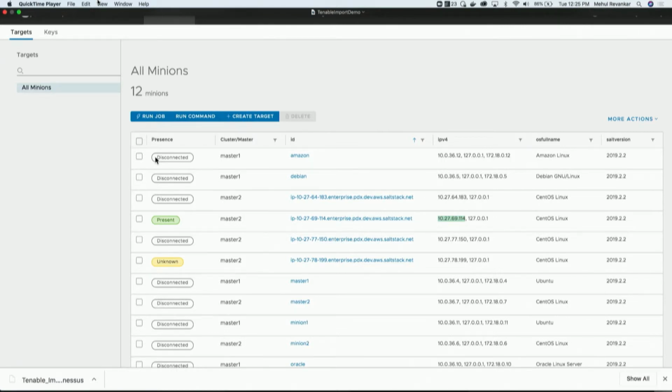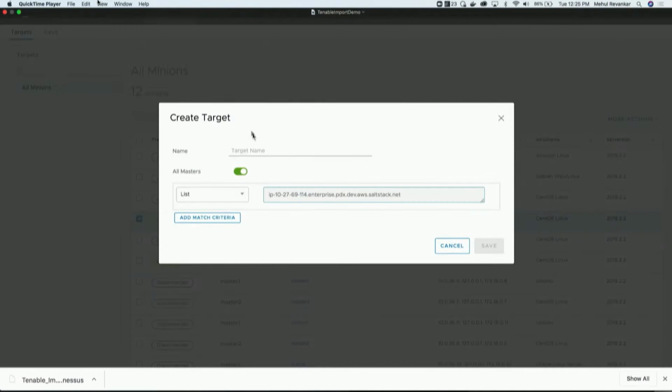So you'll come into the product, you would configure your API credentials or so on, and SaltStack will just grab the scan results directly from Tenable without even having to export. So we'll emulate that part as well. But this is a functional version of what is coming up in the 6.2 version of the product. So now what I'll do, I'll create a target group that you scan with Tenable.